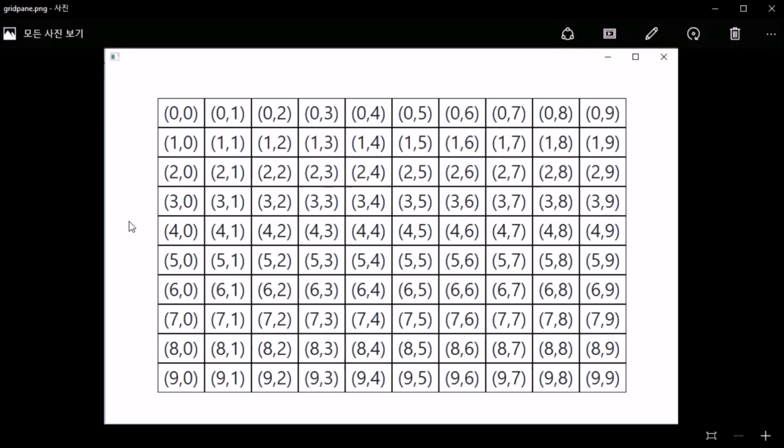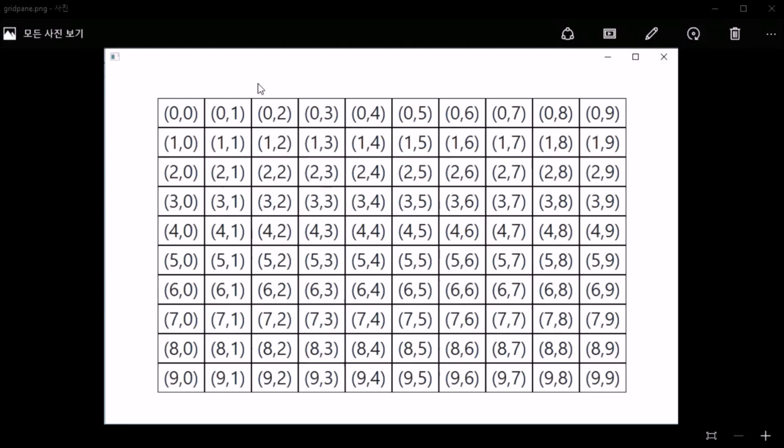Okay, I'm showing you the picture again in order to explain column and row index. So let's look at the top left corner. The 0, 0 is the same as column index, row index, and that's it. That's how index works. So let's practice. What is 4, 2? That means column index is 4 and row index is 2. How about 3, 7? That means column index is 3 and row index is 7.